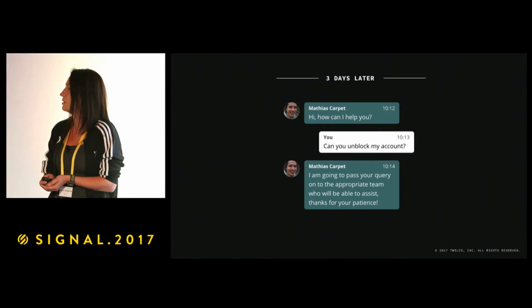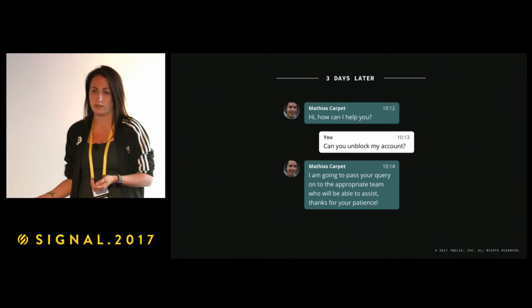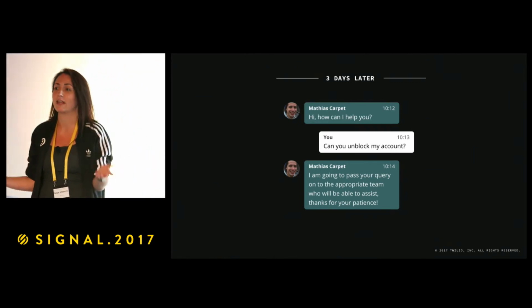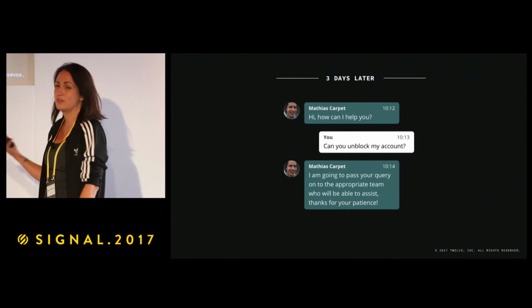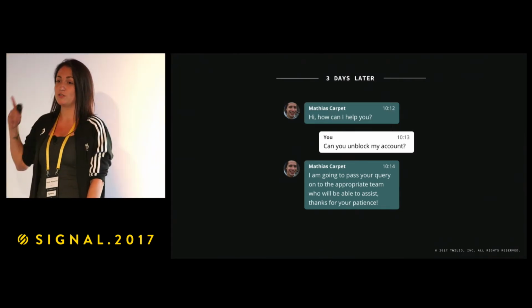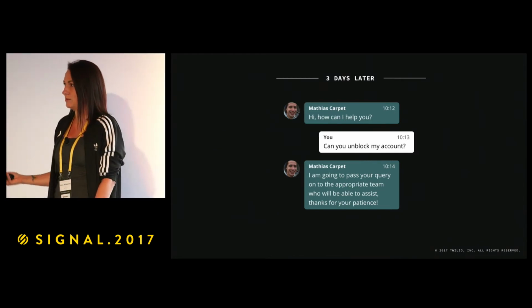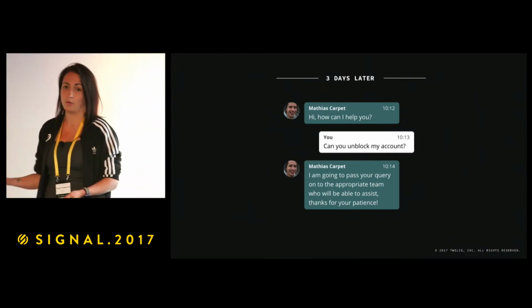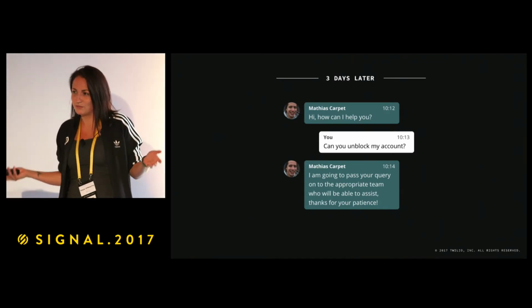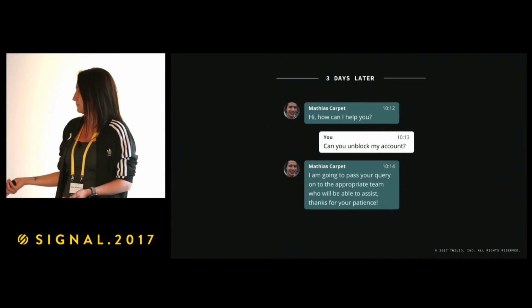I get to the support, finally. And this is a general support team. They ask me basic questions like, how can I help? Or also they ask some basic security questions. But all they do is forward me to the team that can actually help me, the account security team. And that team answers within an hour. So why did I have to wait 4 hours? Let's see what happens next.